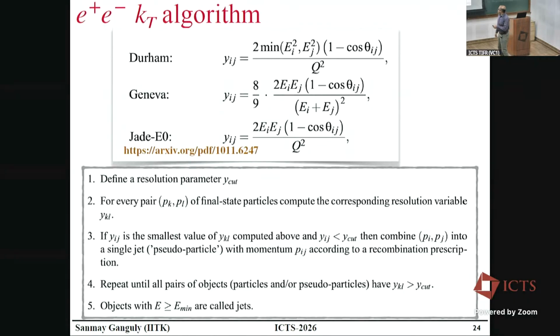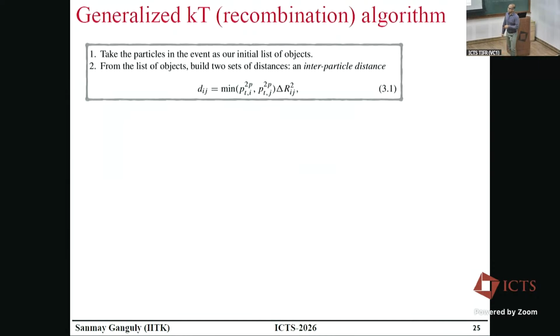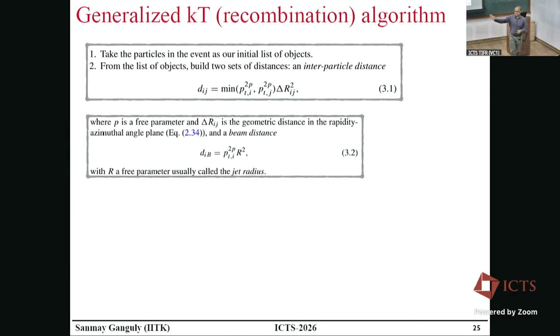Good. So now, what is popular these days are generalized KT algorithms. What are those? Let's make something more general. The most analytically extendable definition of the distance parameter which we learned had energy dependencies. So instead of square, let's just make it to the power p, where we will choose the value of p, and then we have this angular opening. Now, what we do is we have something called a seed particle, the particle with highest transverse momentum, which is also called beam. So you compute the distance between each particle and that seed particle.